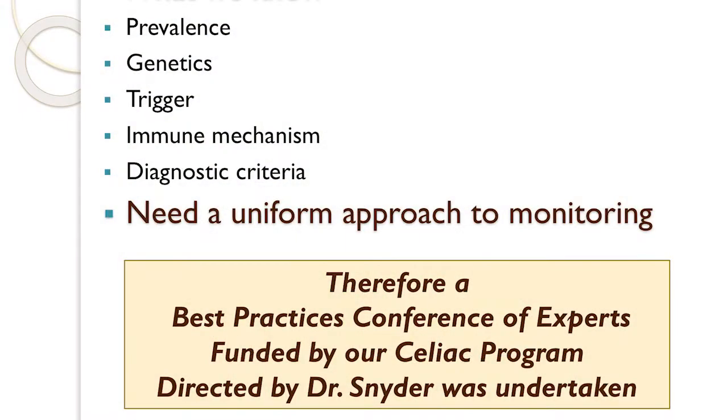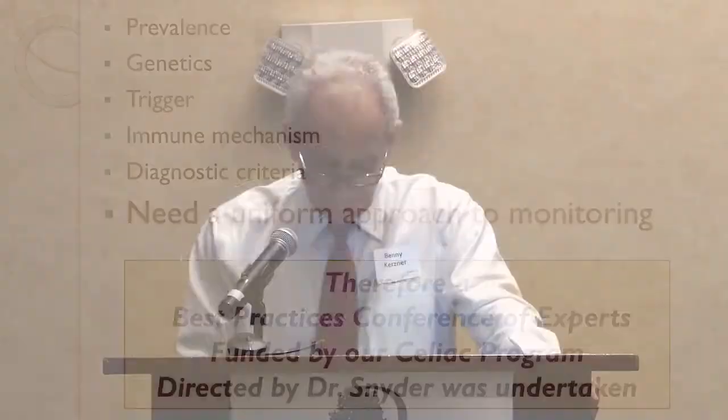And so you've heard that we know a lot about this disease now. We know a lot about prevalence. You've heard about the genetics, how it's triggered, what the immune mechanism is that sets it in place, how we diagnose it, what the diagnostic criteria are. And yet, there's room for more. What we need is a uniform approach to monitoring. You see, we get to the point where we have the disease